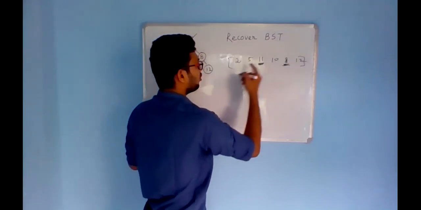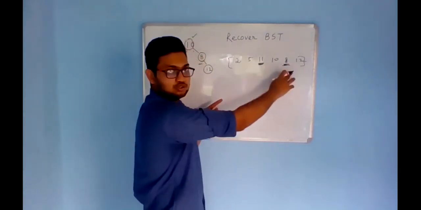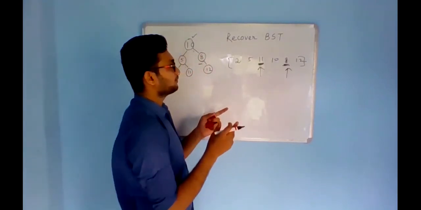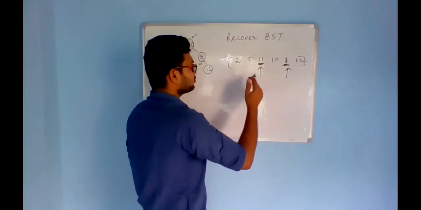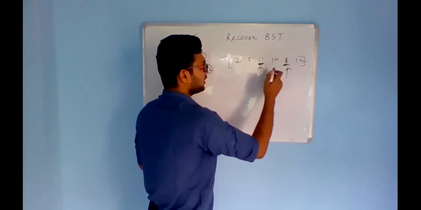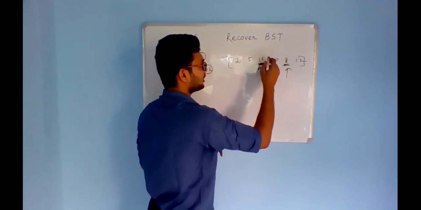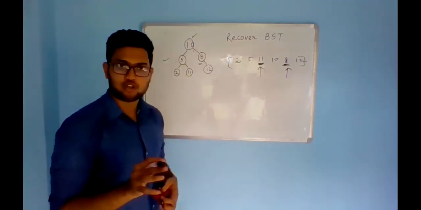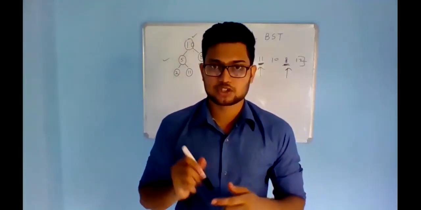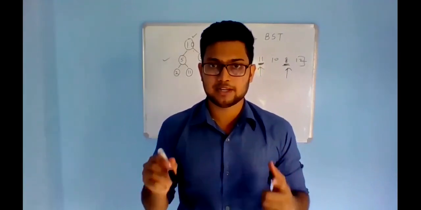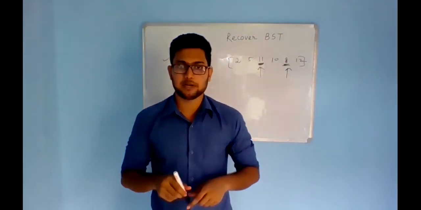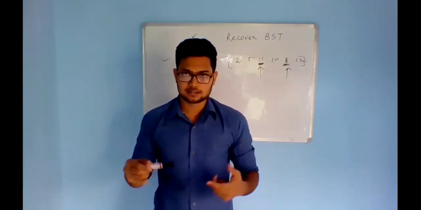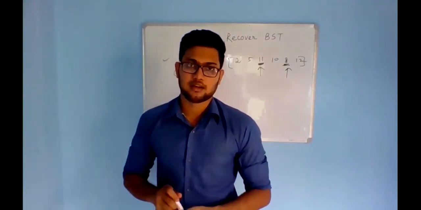And store all the nodes instead of the values, and find these two nodes which need to be swapped. And once we find these two nodes, we can simply swap their values. That means 11 with 8, and this will reflect in this particular tree, and the tree will become a BST. Got it? So I think the idea is pretty much clear. If you still have any doubt in this particular idea, you can simply comment below. Let me know that you are facing some issues, and I will explain and help you out.